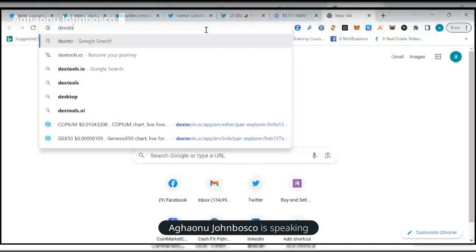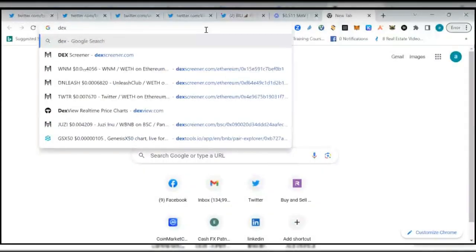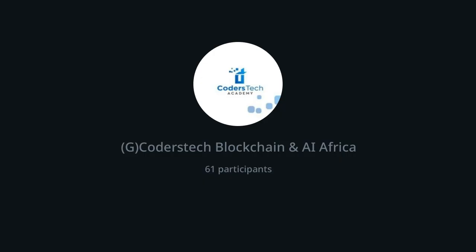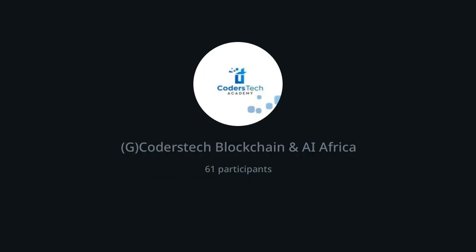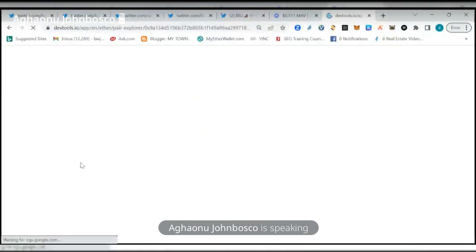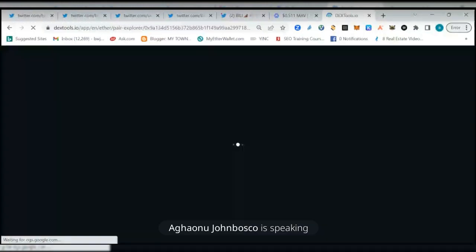There's stew.io. So if you want to use this tool, you can use this tool. I can't teach you all the tools now. What matters is that I'm giving one or two tools that you can use to learn the analysis. So if you want to learn many tools, you can study on your own. I have learned how to use many tools. You yourself, you can do that. But as a beginner,